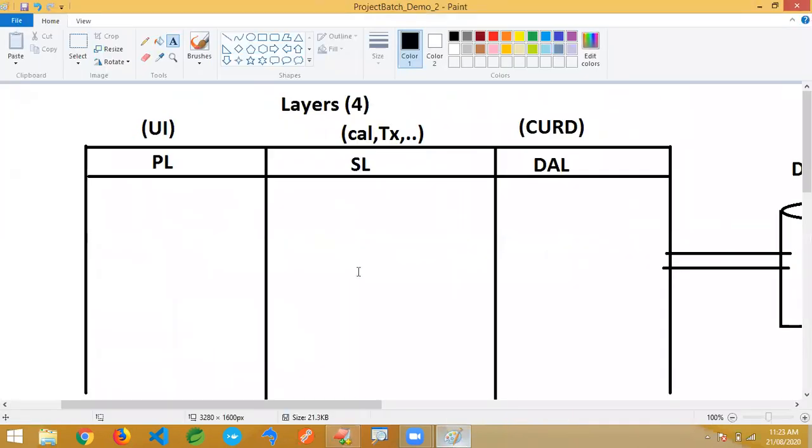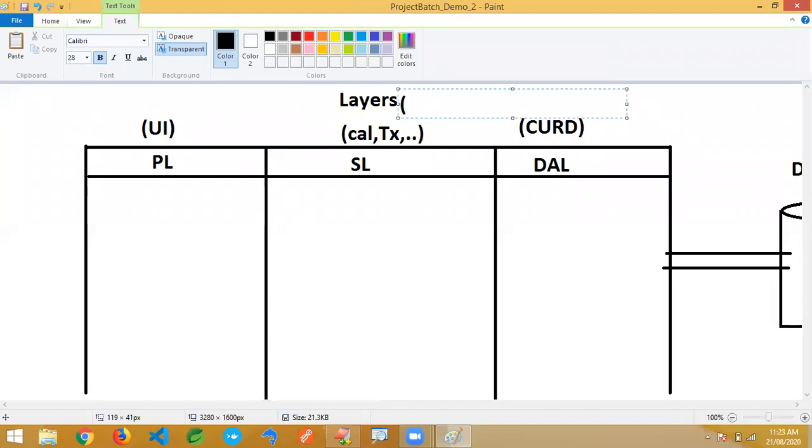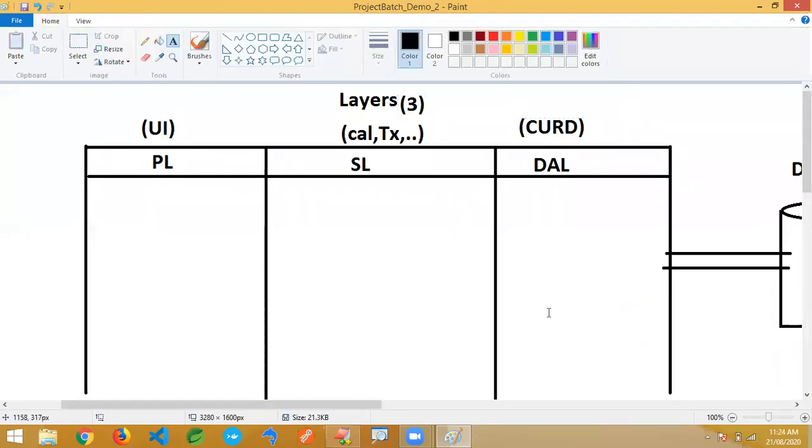Let us take one module. For that one module, I just want to implement the layer structure. In total, we have 4 layers, but as of now, I'm just taking only 3 layers to show the files. I'll add one more layer also later. Okay, let it be here. Observe here: what are the different types of files we have to write?